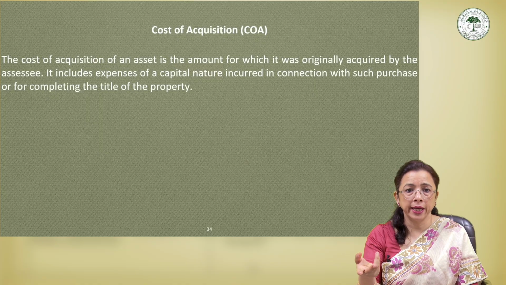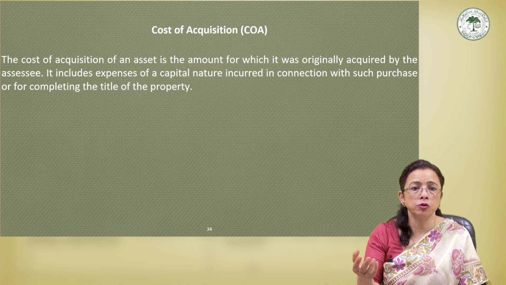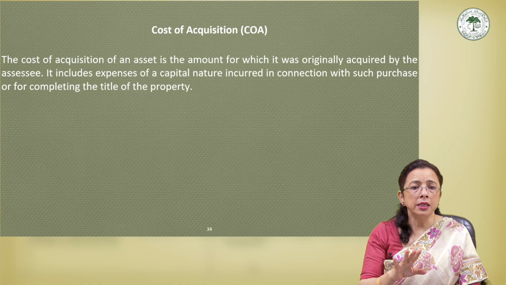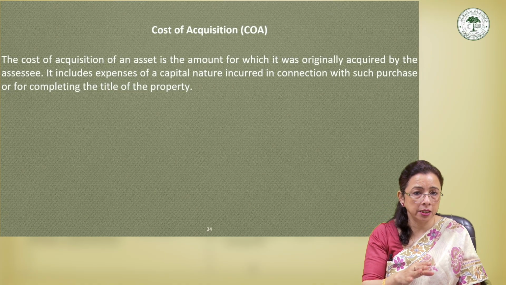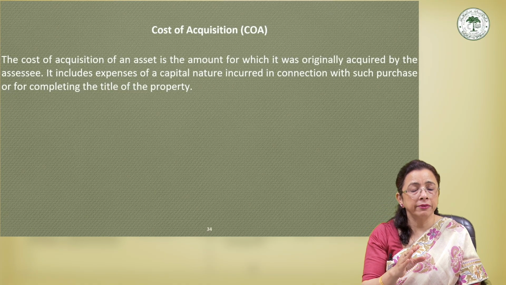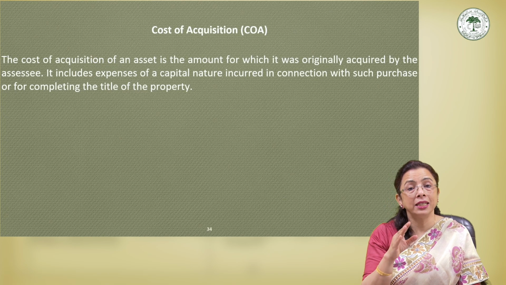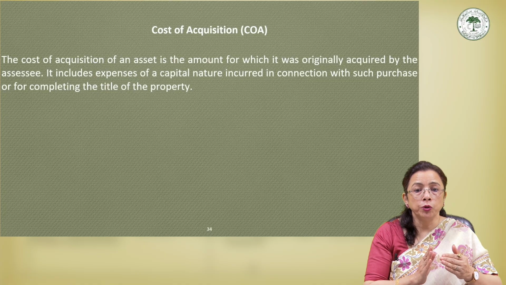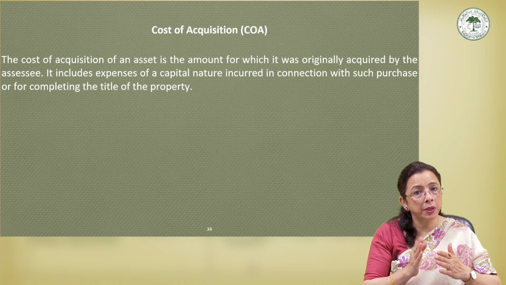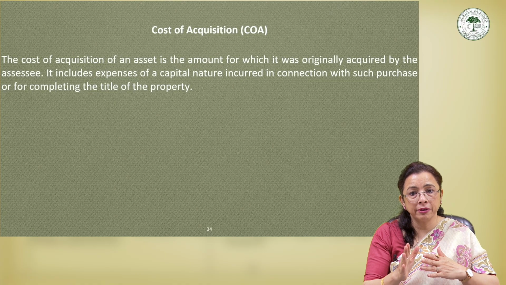In addition to that, he pays 25,000 as legal charges. In this case, 1 lakh 50,000 and 25,000 additional, that is 1,75,000, he pays in addition to 20 lakh, which was the purchase price. This will be included because all these expenses of rupees 1,75,000